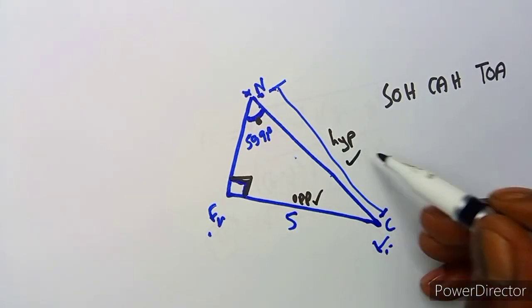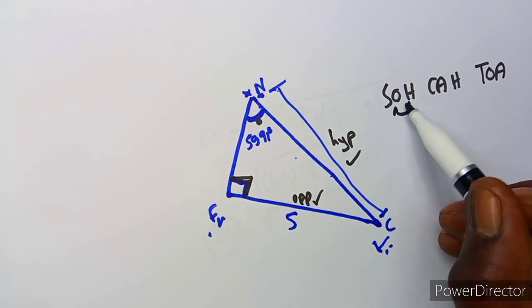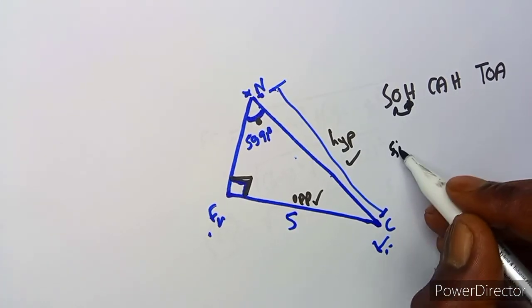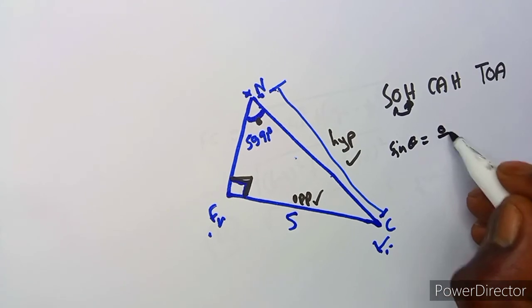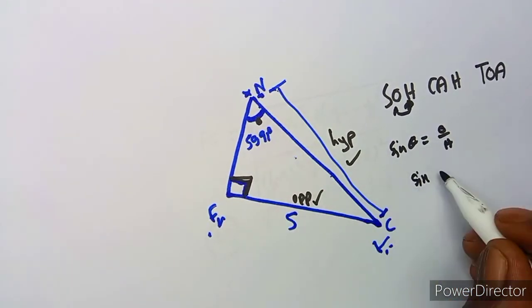So we've got opposite and hypotenuse, and that's a ratio of sine: opposite over hypotenuse. So sine theta, which is this angle,